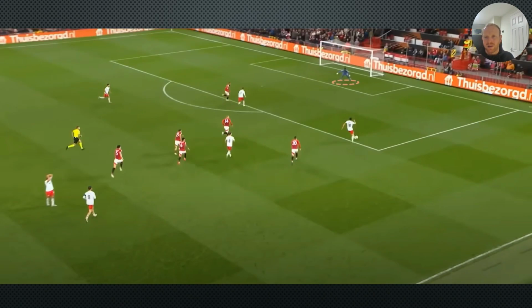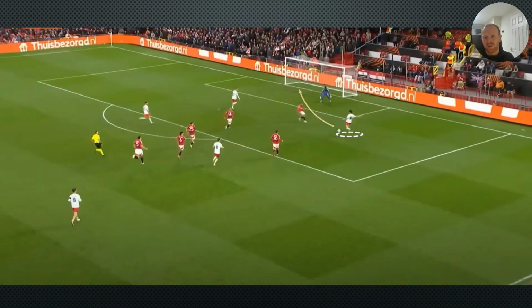So as we can see here, Lammers is now one-on-one with Onana. Onana's gesturing with his right hand to Mazraoui to say, cover this space, because the attacker for Twente is going to have a tap-in if Lammers decides to play it across. And while Onana is preoccupied with that situation developing on his right, the striker's bearing down on goal, and Lammers' body shape here, everything about it indicates he's going to put this